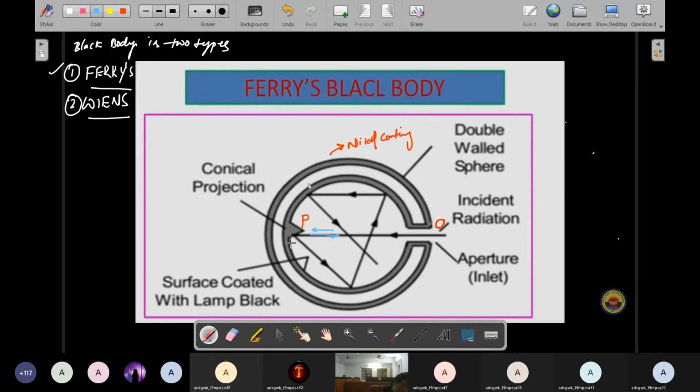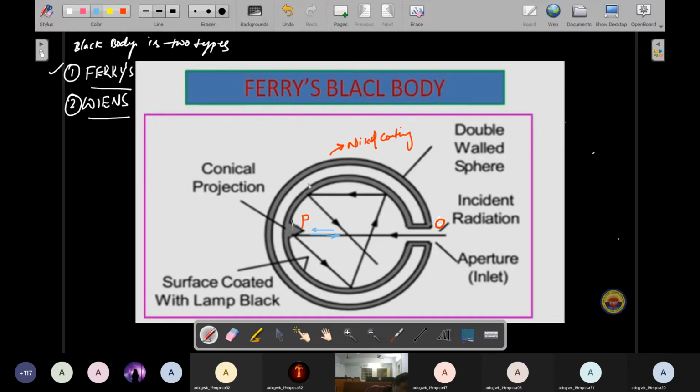Okay, so what is the help of this conical projection? Because this wave is not accurately reflected, that means it does not come back in the same direction. Okay, understand? So this is the incident wave direction. For suppose this conical projection is not there, then definitely that wave is reflected back in the same direction and comes outside. So we want to eliminate that situation.